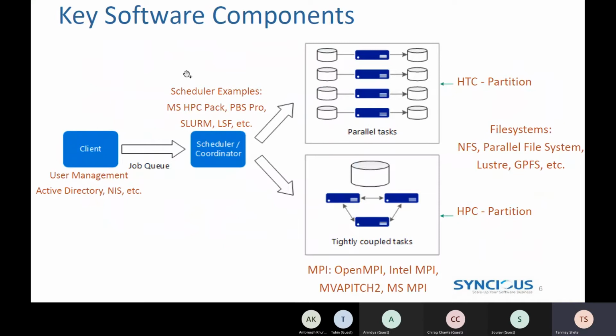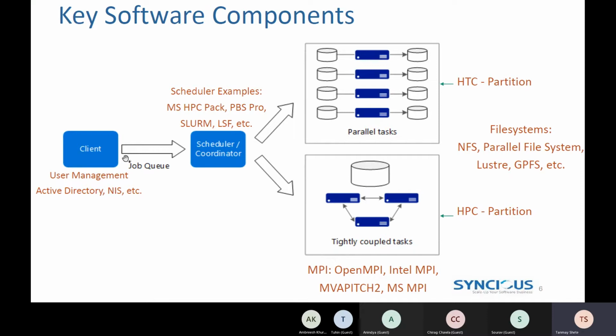The key software components that are deployed in the current architecture, which is generally available with all HPC architectures, start with the client. Client means the users or the user machines. You might be using SSH as a protocol, and we are supporting an SSH client here.